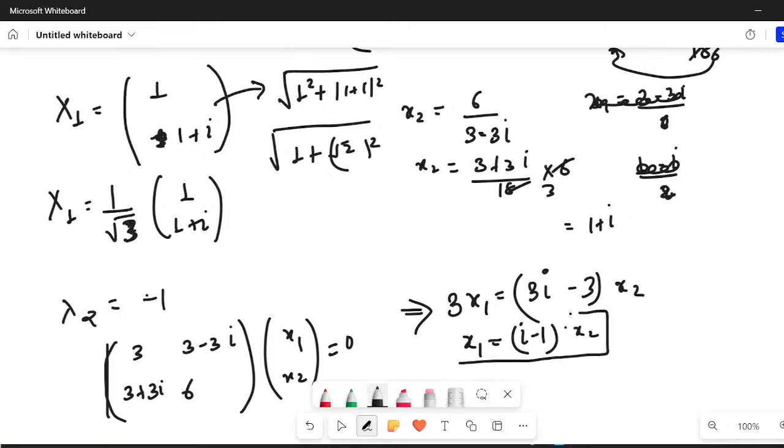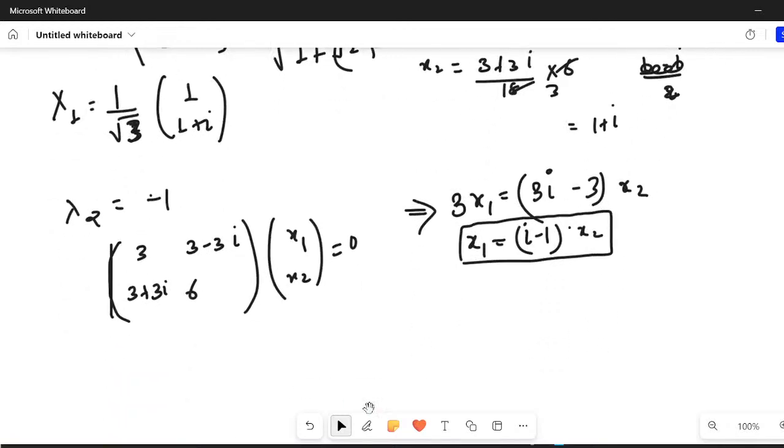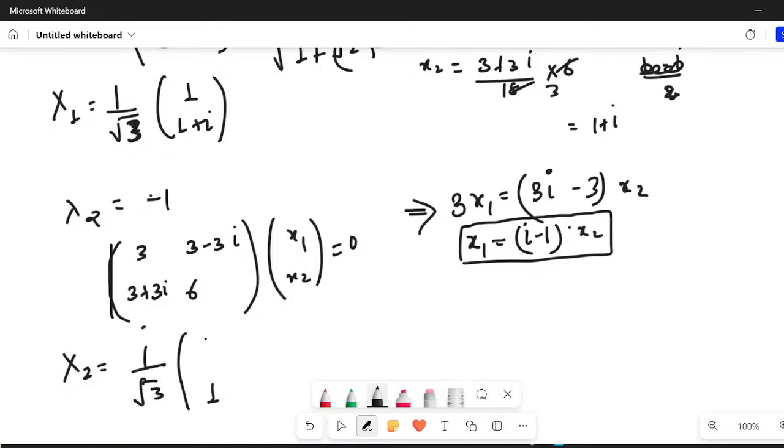Okay, so if I use x2 as 1, I will get the other eigenvector also. So the other eigenvector x2 would be simply what? Again 1 over root 3, because this mod is also 1 over root 3. Let's say x2 is 1 and this will be iota minus 1. So in totality, I have found a matrix U whose dagger I'll let you know, so that